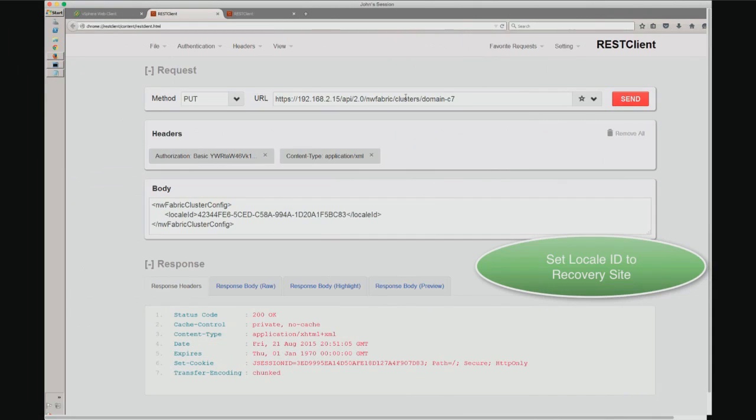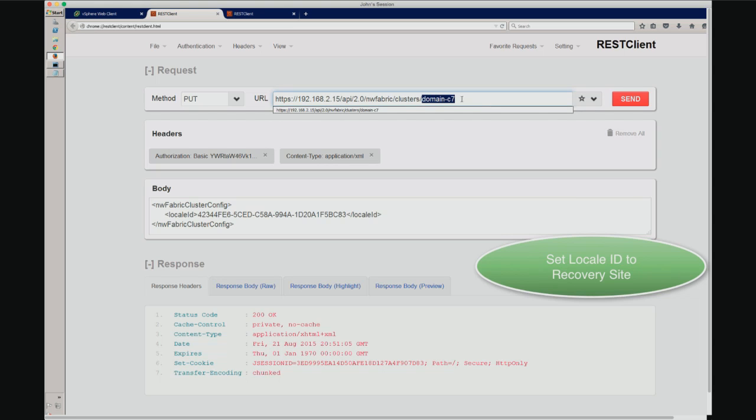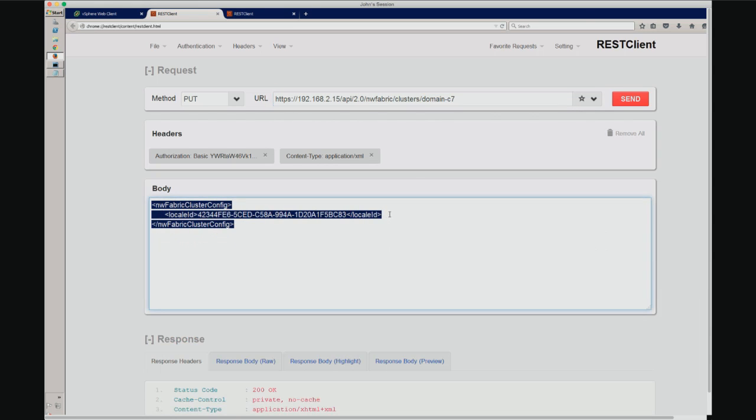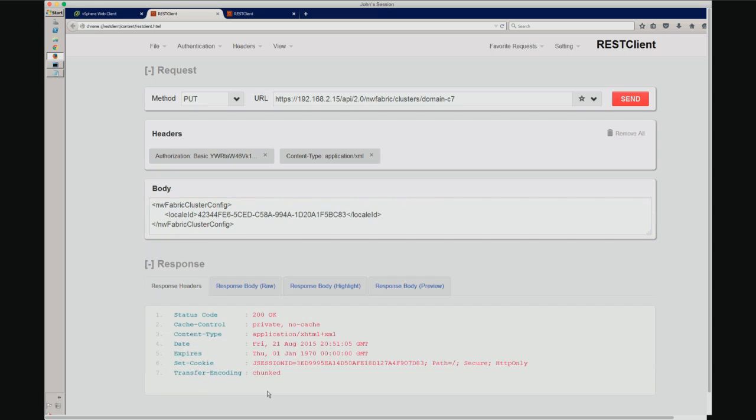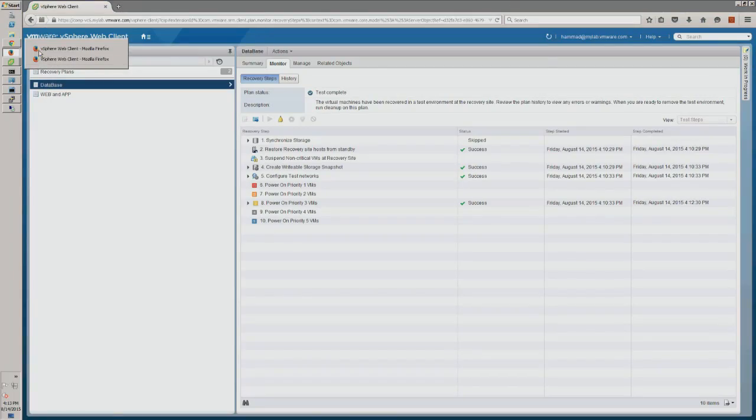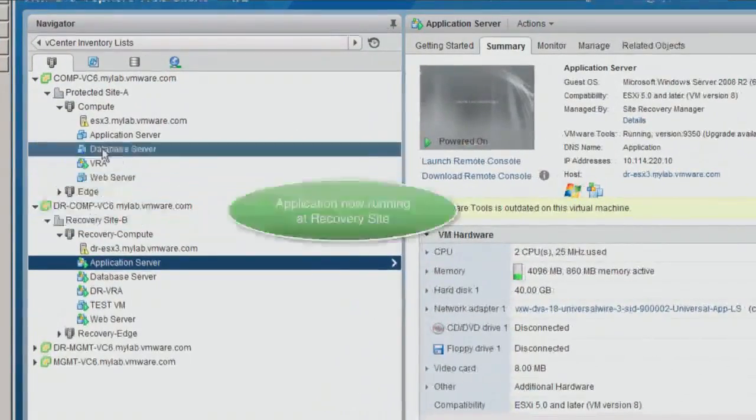So now the DB VMs have moved over. I'm using here a simple REST API client, and I'm pointing it to a cluster. If you see, it's as simple as an API call can get. This is your locale ID we've been talking about. This is what it is. It's just that one string, and then you push it across to your clusters. So once this is done, your locale ID is set,